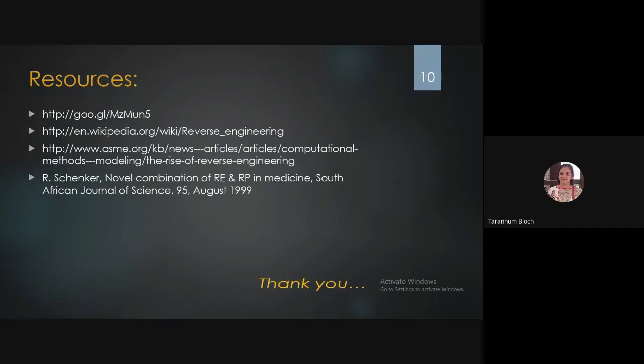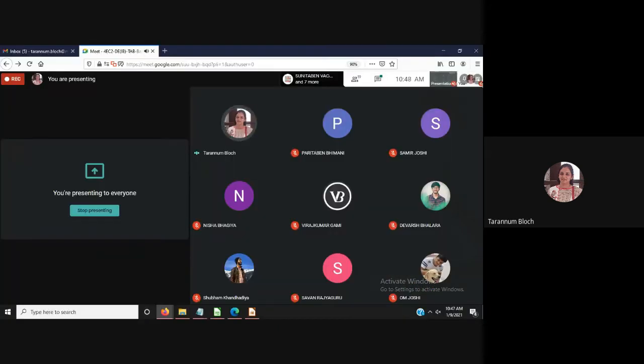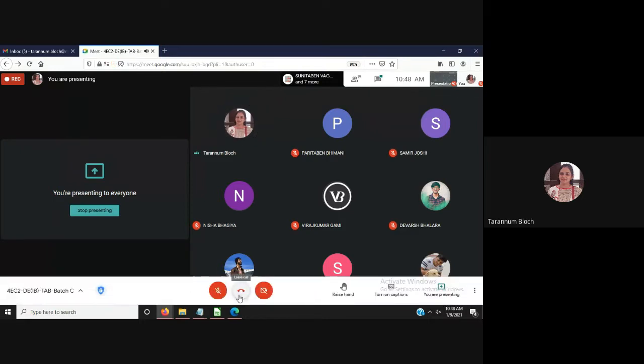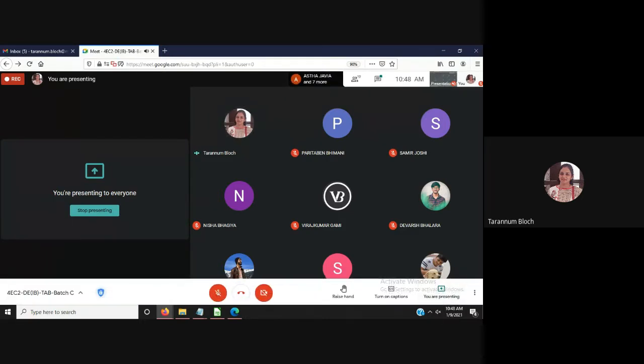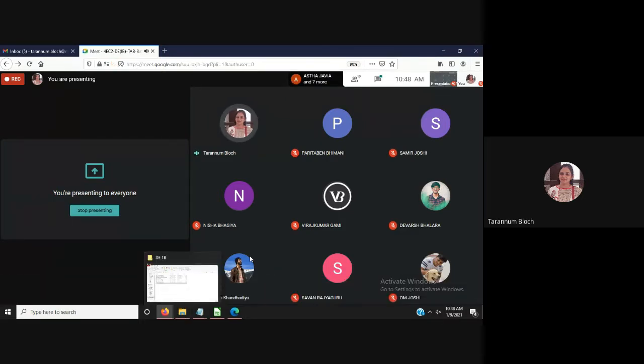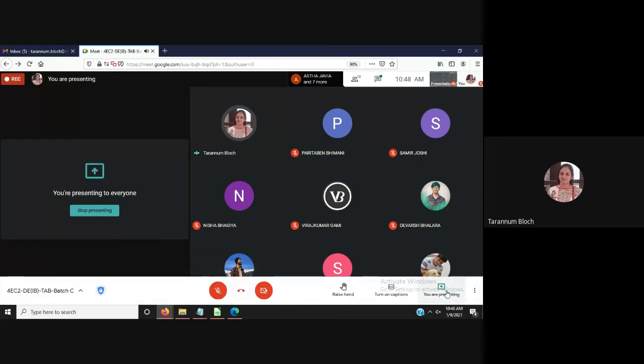So that's it. These are the few things which you have to focus on. Mainly we discussed how we can go about reverse engineering and how we can analyze it at system level, subsystem level, and at the component level. Okay, so you need to do that. You need to choose a project and apply that to your system.